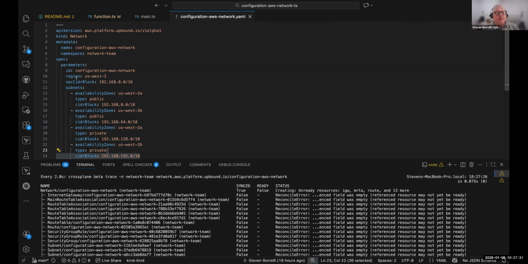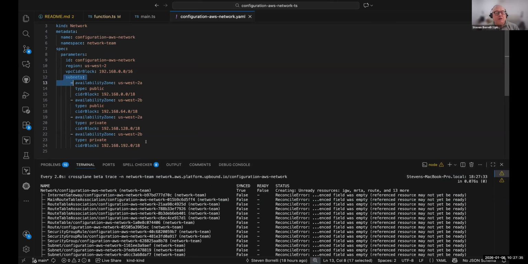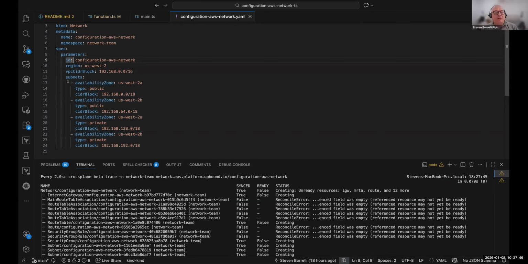So what we're doing here is we're creating a VPC that has a number of subnets. So you can see here in the configuration, and this is already written in KCL, right? So I'm just taking something that was existing and I'm just porting it over to TypeScript just to make it equivalent. So in this case, what we have is some top level configuration items, and then we have an array of subnets. So this is obviously going to show that we can loop through some variables. So you can see here the resources are being created while we talk.